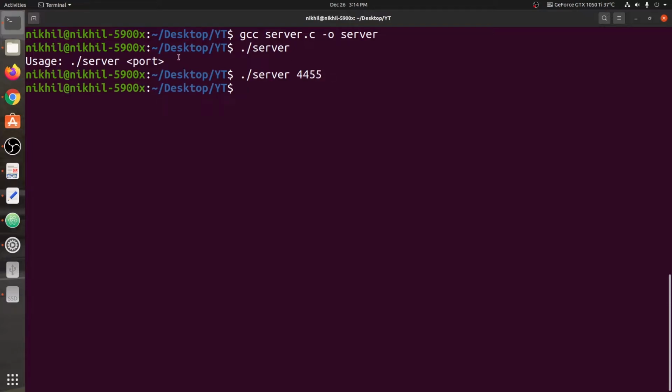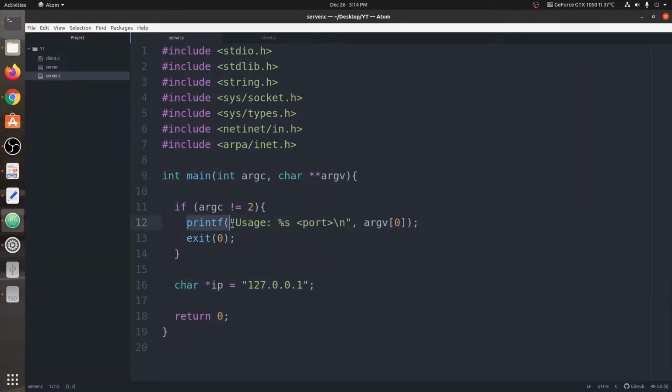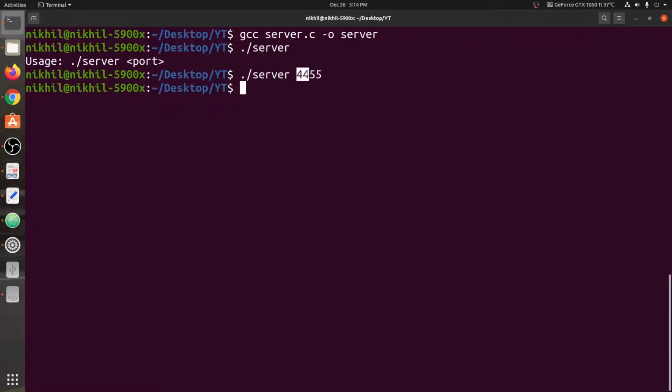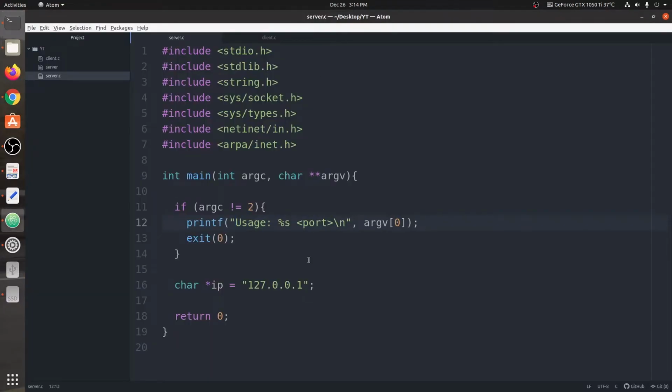It doesn't give any messages. It just runs blank because we don't have anything after that. So this is the port number. We're going to give this port number as an argument while running the program. In line number 17 we can say int port equals, sorry, that's by mistake, you can say argv[1]. Okay, so now we have both the IP address and the port.